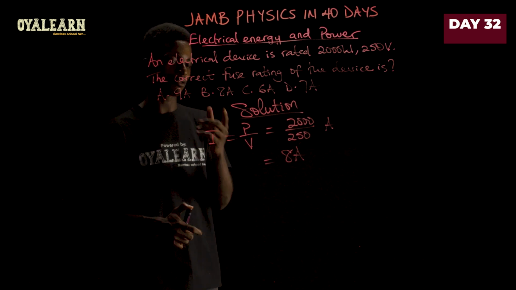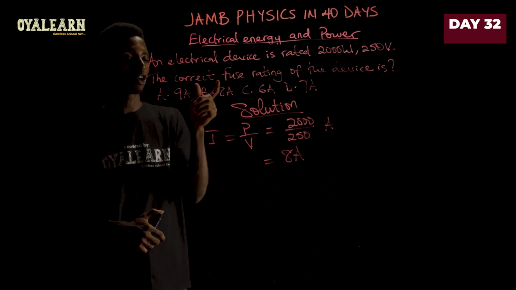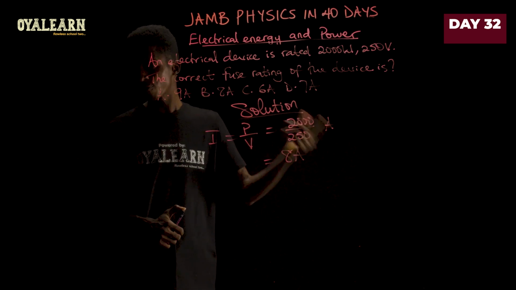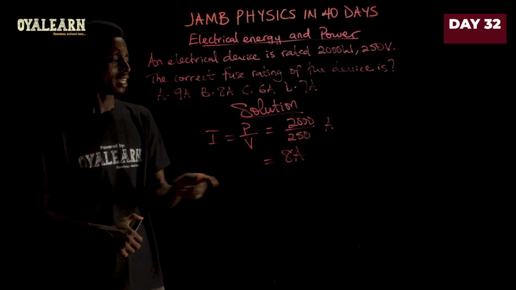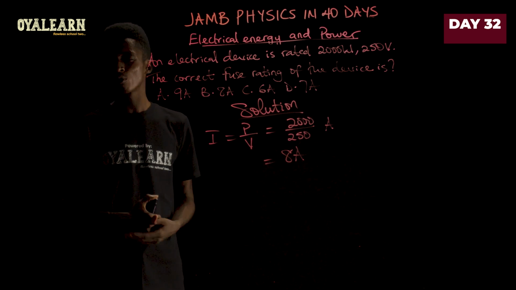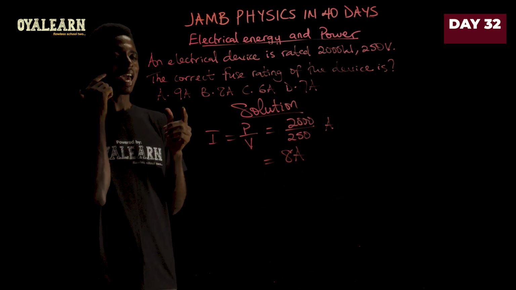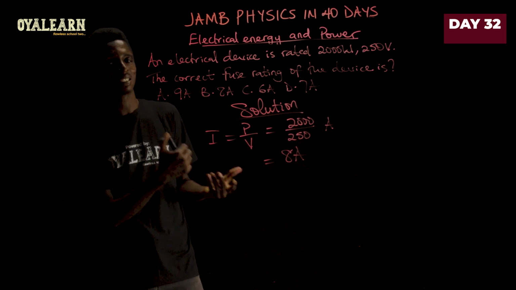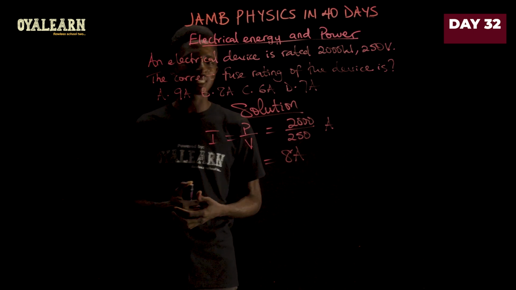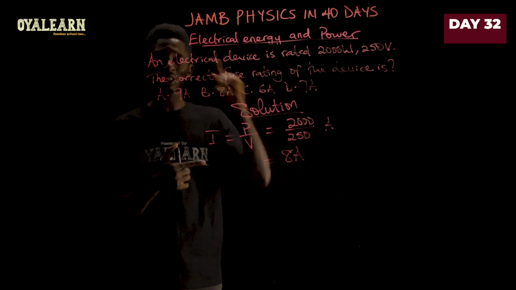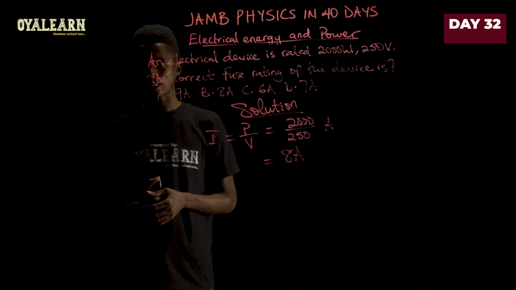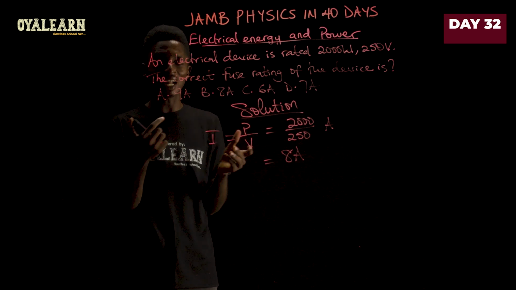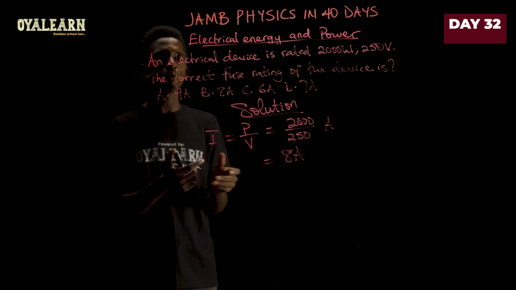And if you observe, you see that 8 amps is part of the options here. Now, this particular question is saying the correct fuse rating. Now, this is it. If you apply 8 amps fuse rating to this device, every time it is delivering less than 8 amps, the device may still work, especially when it's very close to 8 amps. But the very moment it crosses 8 amps, the fuse cuts, right? And then, even though the device is not at much risk yet, you won't be able to use your device